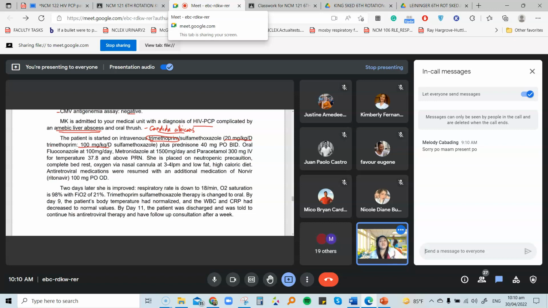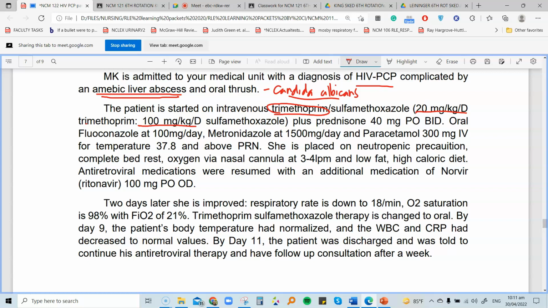Okay? That's why, if you are going to be a nurse, and you see corticosteroids to be given to our immunocompromised patient, take it with a grain of salt. You have to do extra caution there because you might be doing more damage to your client. Okay? Administer it with caution. Monitor the client's reaction or feedback after he or she is given your medication. Kasi, immunocompromised plus immunosuppressant is never a good scenario. Understand? You're just going to make the patient more at risk for infection.